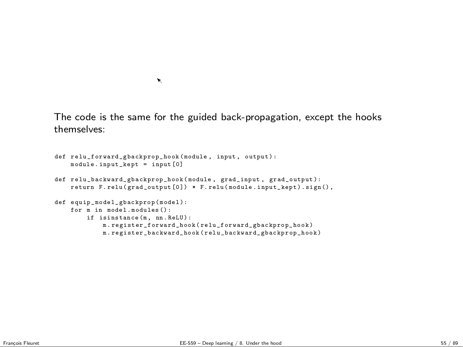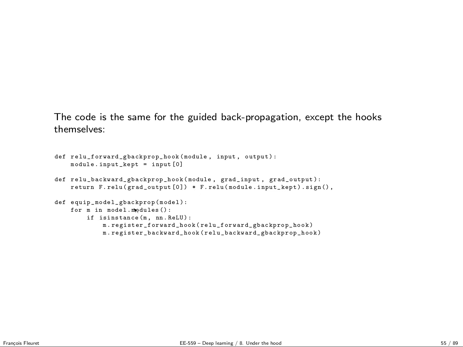Now for the backward, I have to attach two hooks during the forward pass: one in which I store what my input was, and then when I get to the backward, I multiply the ReLU of the grad output, similar to guided backprop, times the ReLU of the input that I kept. I take the sign, so this will be 0 or 1. The sign of ReLU is the derivative of ReLU. So again, I have to equip my modules not only with a hook for the backward, but a hook for the forward to keep track of the input so that I can compute this quantity.